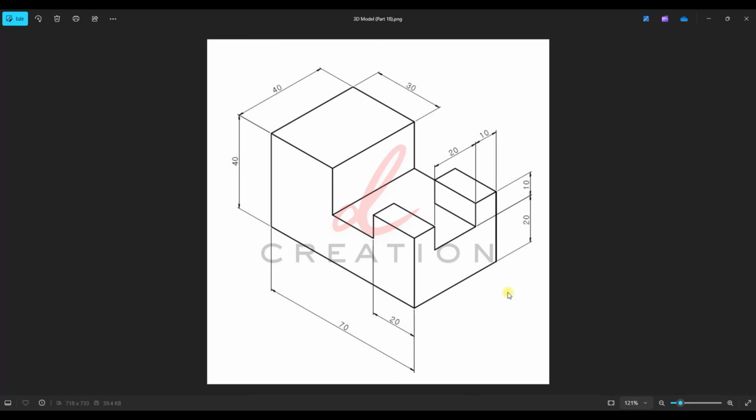Welcome to Recreation SolidWorks CADCam Practice 34. Today we are going to create 3D model random part 18. So when we look at this picture, this is the 3D model detail drawing of our design today. When we analyze the 3D model over here, we can simply create the 3D model random part 18 using